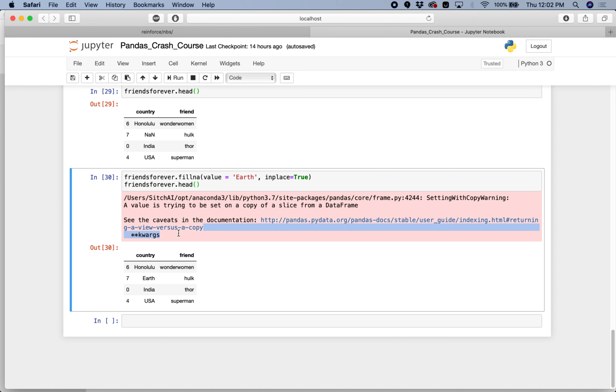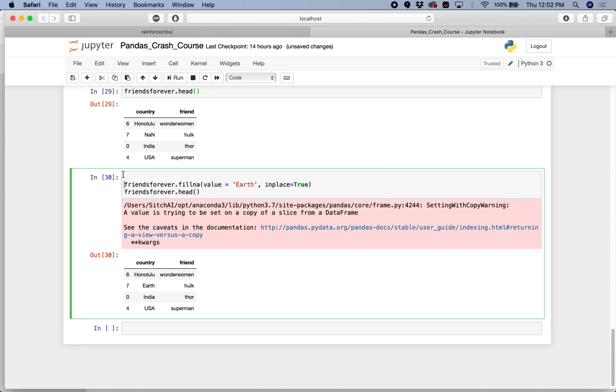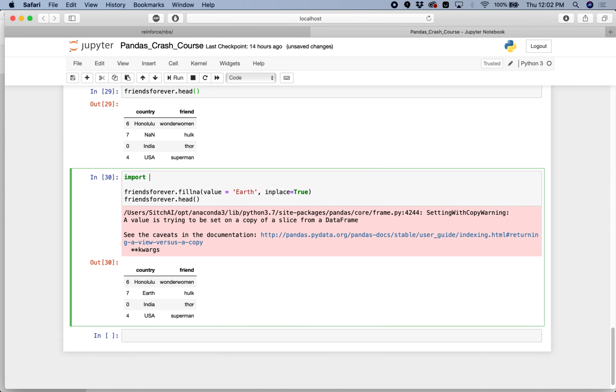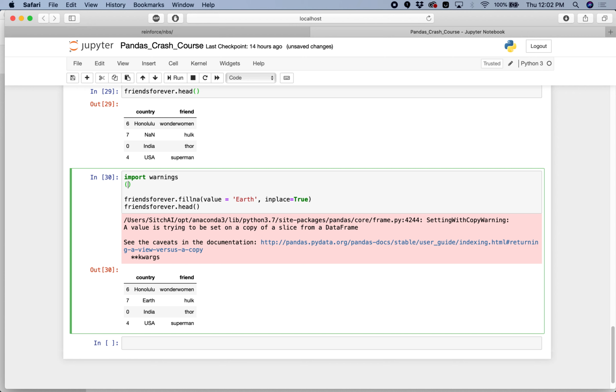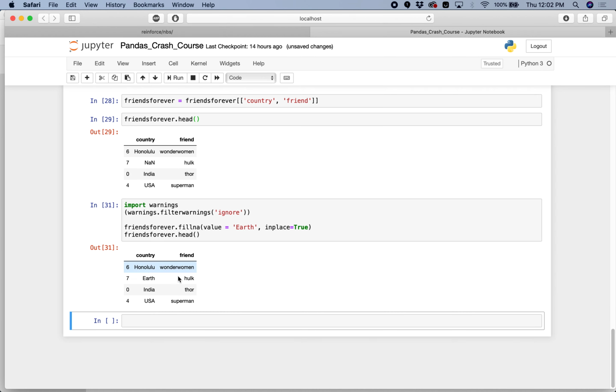Okay, cool. And for these warnings, I'll show you one more thing. I'll do import warnings, and I'll say warnings dot filterwarnings, and pass the parameter which is ignore. Ignore all the warnings. Cool. We ignore the warnings. So now you know how you can merge two data frames, how you can perform operations on those data frames, and some other functionalities like